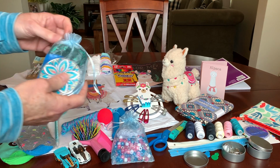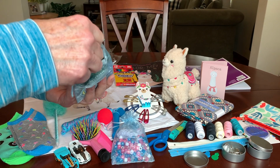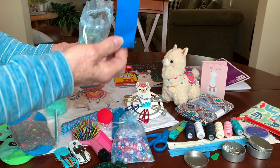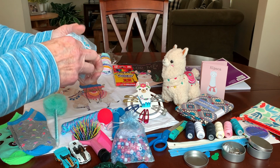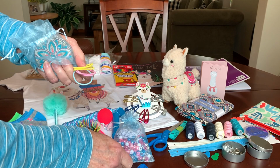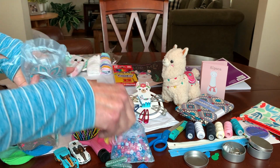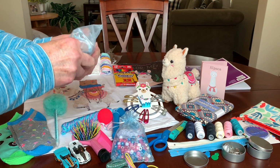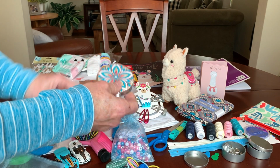In another 4x6 bag, I included hair accessories for her. I gave her a scrunchie, a headband, a couple of spiral hair elastics, and then some GOODY hair elastics from Angie. And then, here's another GOODY hair elastic. And then from Joan, these beautiful